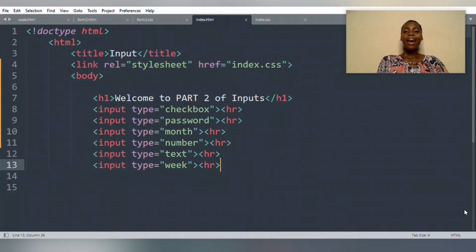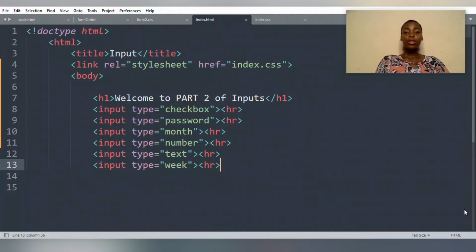Now, inputs have a variety of types. We have inputs for text, inputs for files, inputs for emails, inputs for password, and all the rest. But the question you're going to ask yourself after practicing all of those is, how are you going to style them using CSS3? It's not like styling the body of a page, and it's definitely not like styling a div. No. Inputs have their own style, so please be sure to remember that when styling in CSS3.